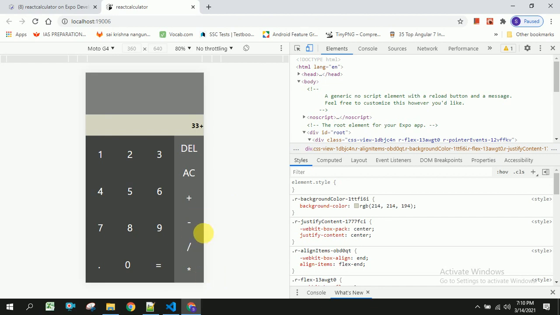Now we will see how to do the calculation part of this. Once the user clicks on this, it should be initialized to 0, and if he clicks on this delete, the last value should be deleted, and if he clicks on this equal to symbol, then all the calculation part should be done. So let us see how to do that.